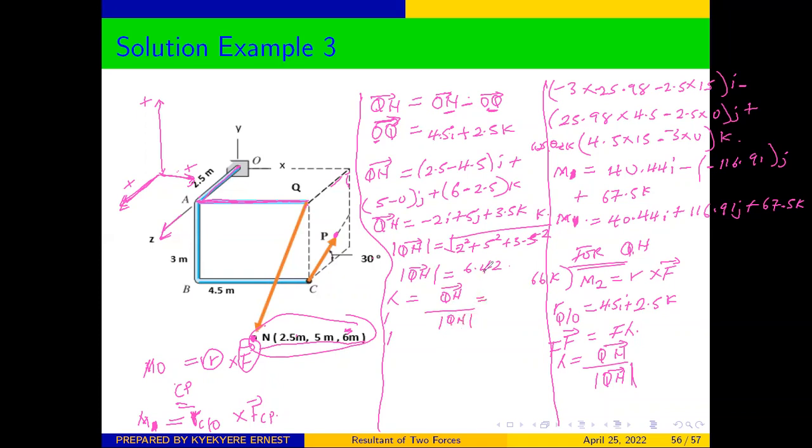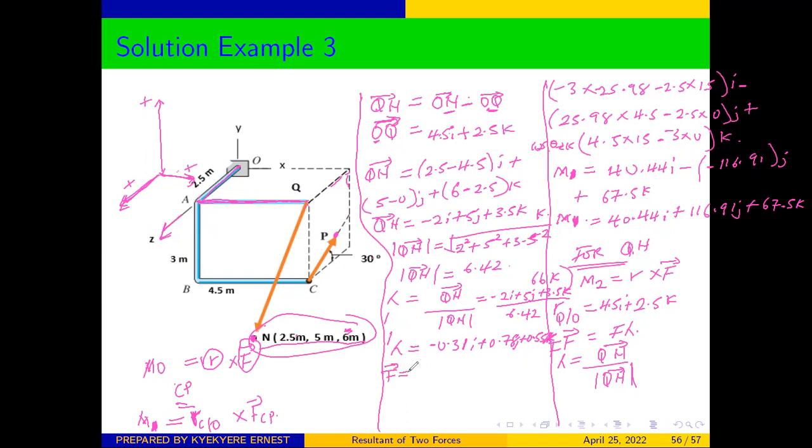And from here, we are going to get negative 2i plus 5j plus 3.5k all over our D, which is 6.42. And from here, our lambda will be equal to negative 0.31i plus 0.78j plus 0.55k. Once we have been able to determine our lambda, we can determine our force in the